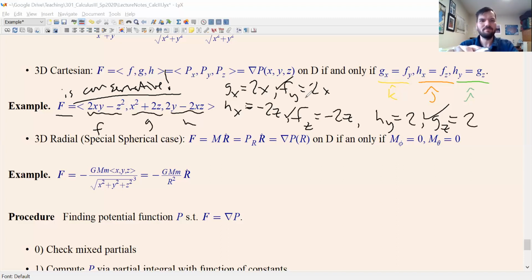Okay, and the last one here is radial. Now, this is a special case of a spherical vector field, and the reason I want to point this out is that it comes up so much in applications. We really just have to talk about it. A radial field is one where there's only an amount pointing in the radial direction. So the vector field is only pointing outwards or inwards. And this would be paired with the r partial, r being the three-dimensional radius vector, r partial in the radial direction, r direction. And that is described as the gradient of